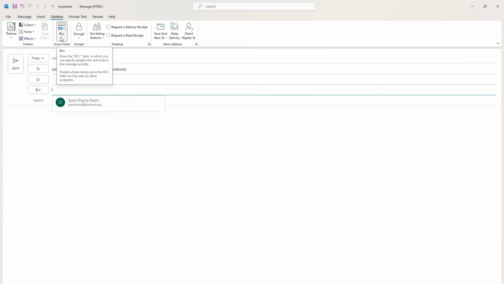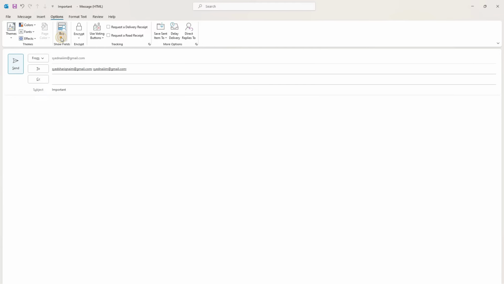People whose names are in the BCC field cannot be seen by other recipients. So if you want to send an email to your colleagues, but you also want to send it to the owner without showing your colleagues, you can use this. You can click on it, it will hide, and if you click on it again, it will show.